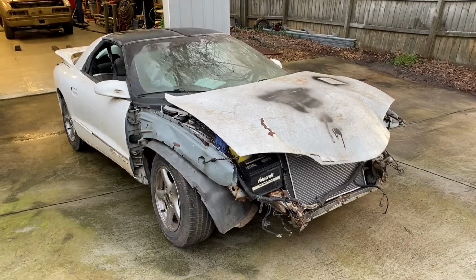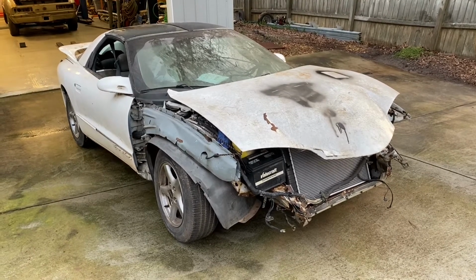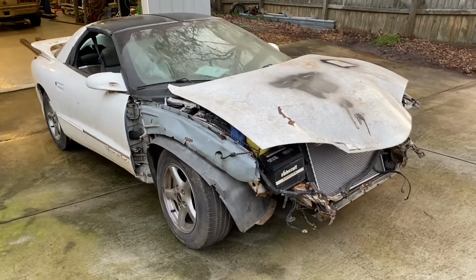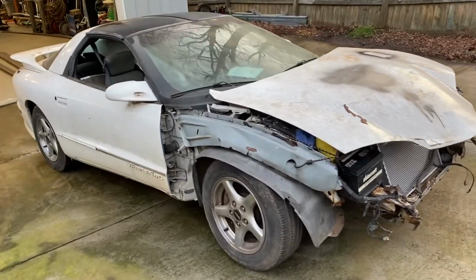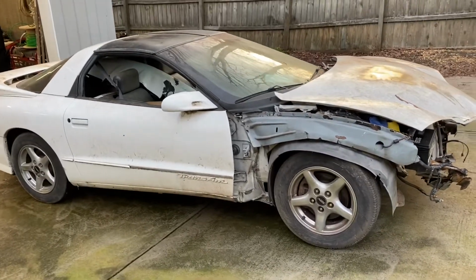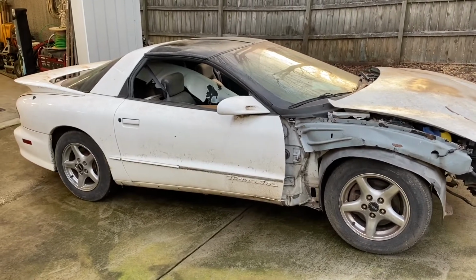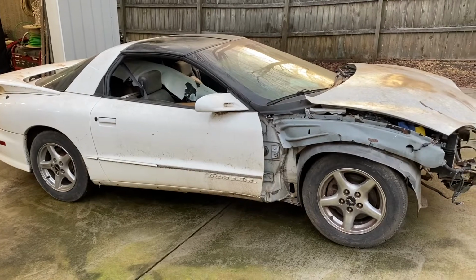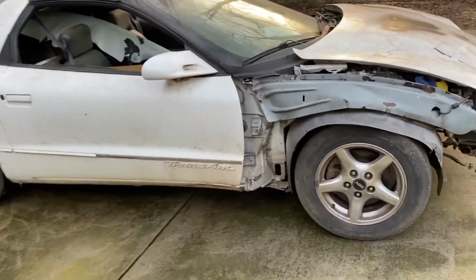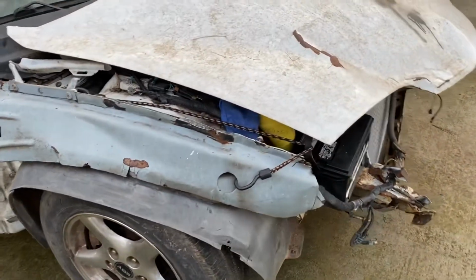This is a quick walk around of the Trans Am, the donor car of the engine and transmission for the Camaro. This is what happens when a Trans Am tangles with a BMW, evidently. The guy I bought it from said that his granddaughter was pulling out and a BMW was coming. She didn't see it and it hit her, but it did a lot of damage to this whole front